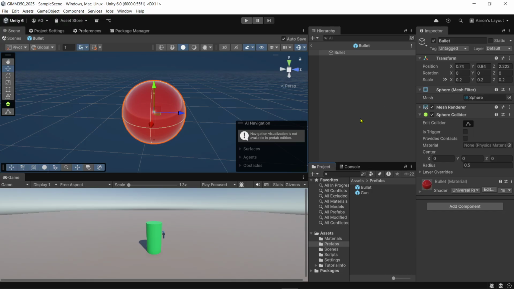So the one thing that we're going to want to do is set this up for our object pooling. So bullets are never going to truly go away. They're going to forever be there. And so we actually want to make sure that what we do is set the bullet to start out as not being active. Even if we brought this into the scene, so we'll save this here,